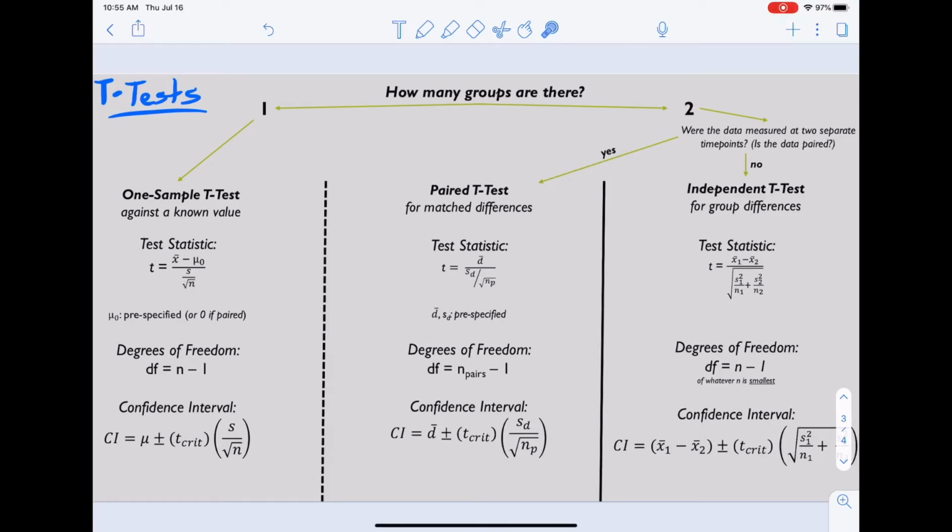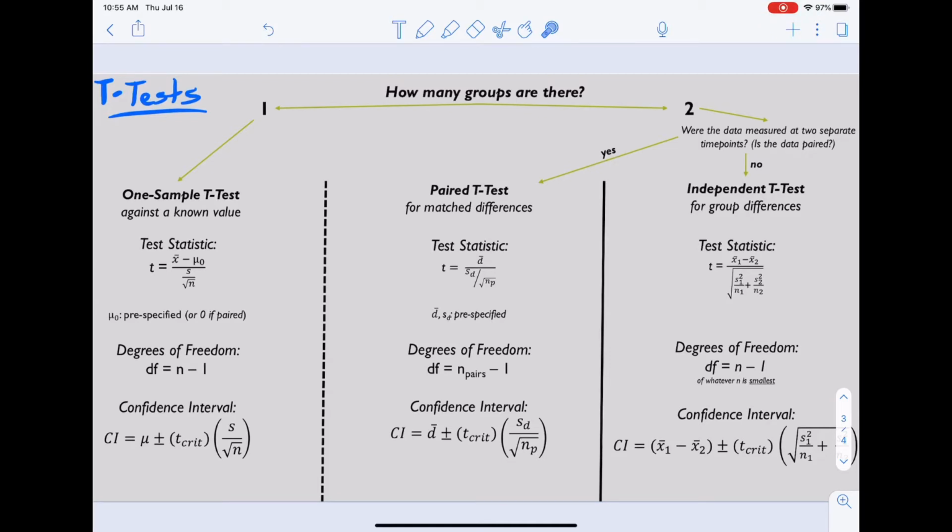You have to specify some criteria, right, to make sure that the test you're doing is appropriate. So you can only do a one sample t-test if you only have one sample. And with an independent t-test, you can't just choose to do a paired t-test if your data aren't paired. So it's all about what your data look like and not what you want to do, okay? So anyway,